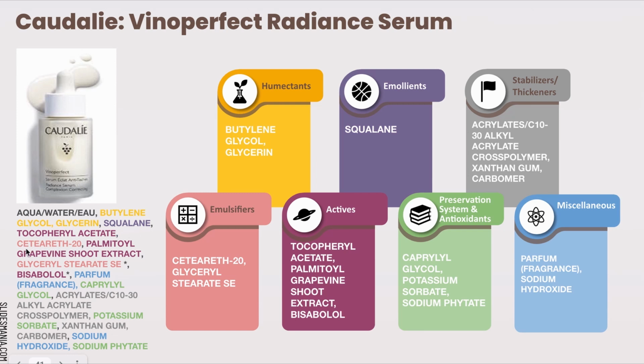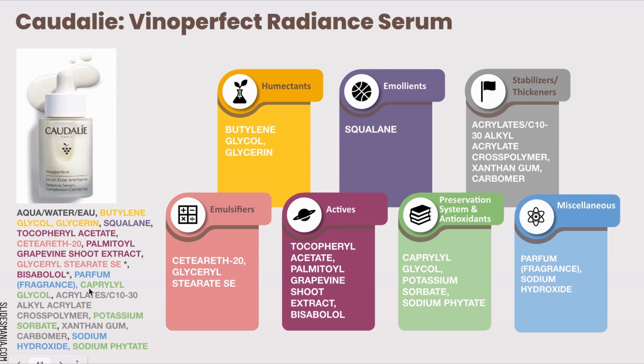Then we have an emulsifier, which is a CTRF20, along with the glyceryl stearate SE, which stands for self-emulsifying. And then we have another extract, which is probably their signature extract derived from grapes, the palmitoyl grapevine shoot extract. After the glyceryl stearate SE, there's another active, bisabolol, which is quite soothing. We have the fragrance that we inserted in miscellaneous, and then we have the preserving system, which